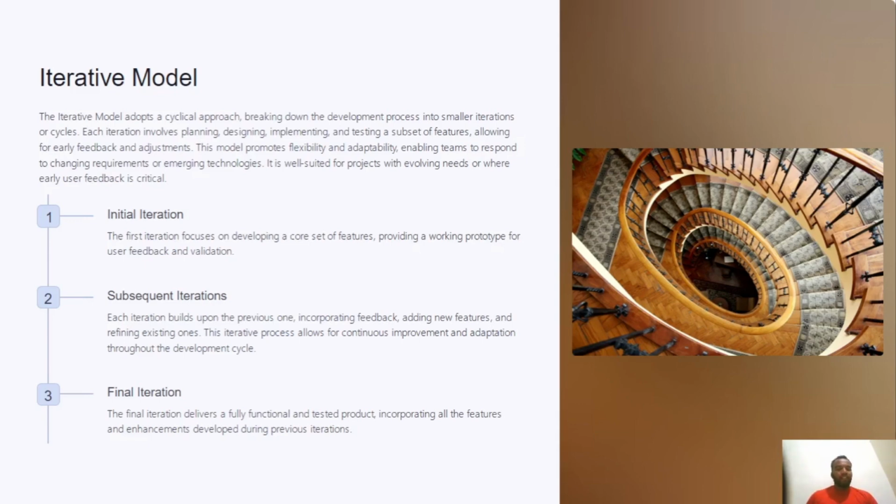Initial iteration. The first iteration focuses on developing a core set of features, providing a working prototype for user feedback and validation. Subsequent iterations. Each iteration builds upon the previous one, incorporating feedback, adding new features, and refining existing ones. This iterative process allows for continuous improvement and adaptation throughout the development cycle. Final iteration. The final iteration delivers a fully functional and tested product, incorporating all the features and enhancements developed during